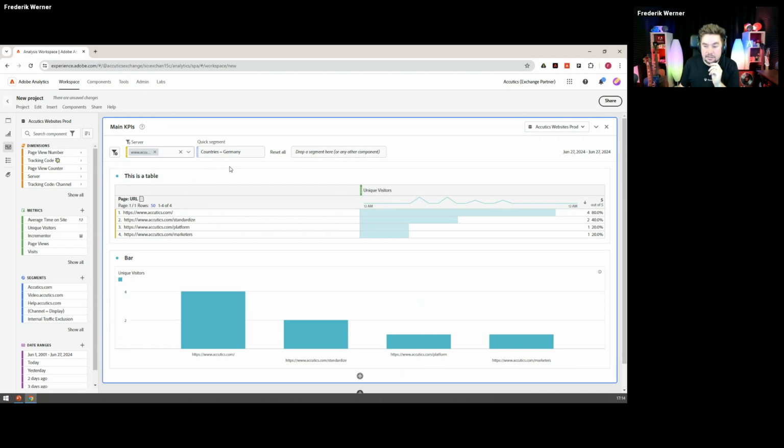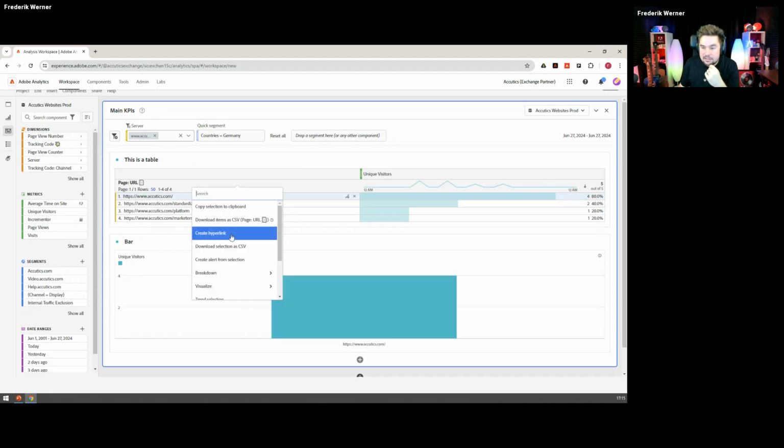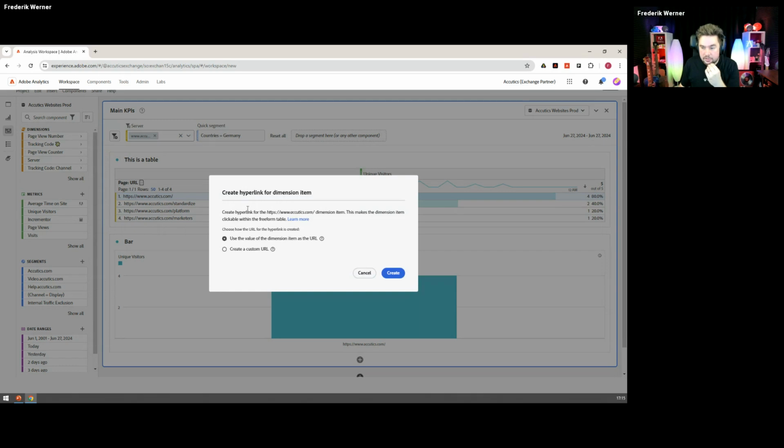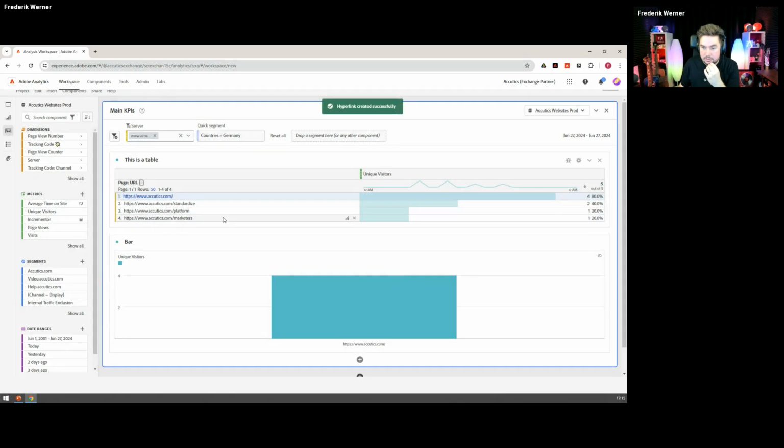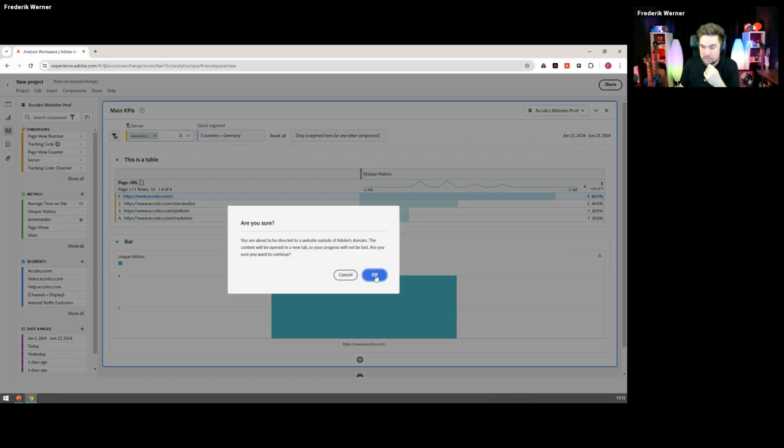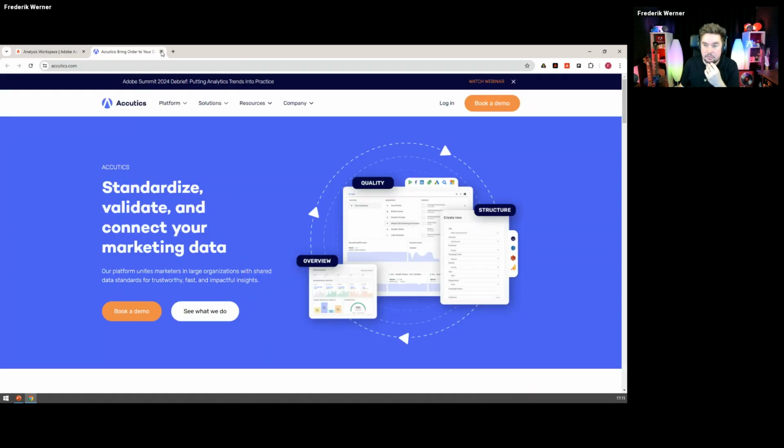So the second big release for Analysis Workspace is that we can now make URLs clickable. You can see I'm here in Workspace with a table that contains URLs. I can click a single item, scroll to the right item that says create hyperlink, and once I do that, I can say this should be a hyperlink. This is pretty cool, because I can now click this and it takes me to the Acutics